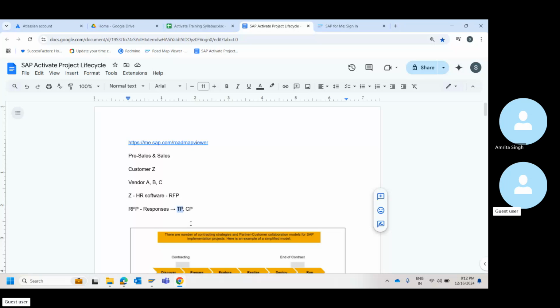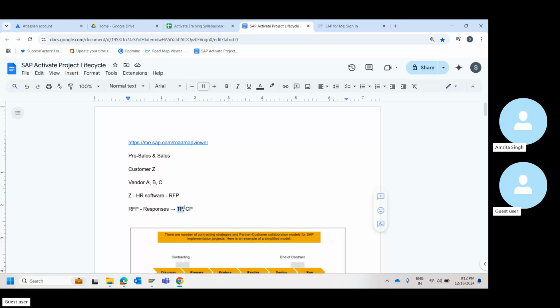Now you would need 3 consultants for this. For me to execute this, I would need a 6 months total timeline. For 6 months, 3 consultants, this is the cost. So you will have to give the commercial proposal also in this section, stating that I will need this much amount to execute this project in this timeline.